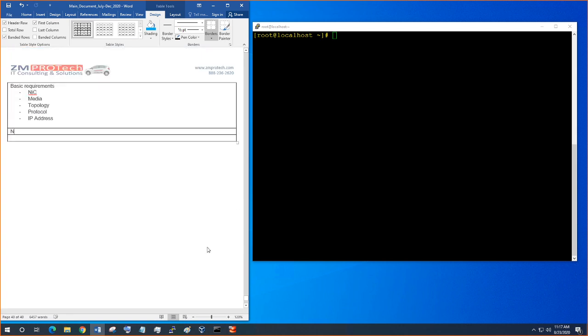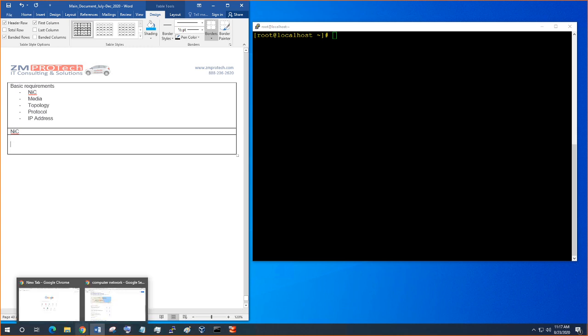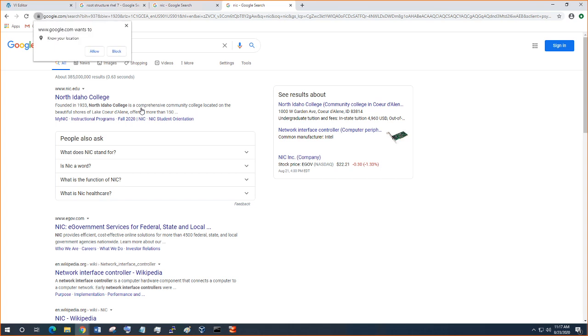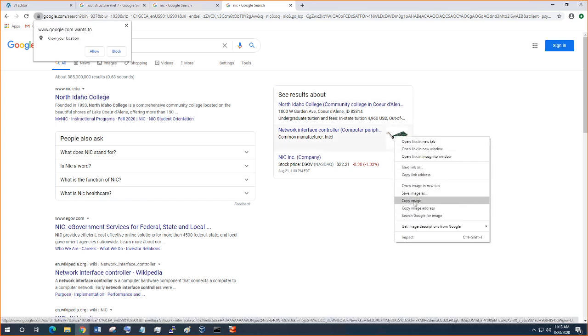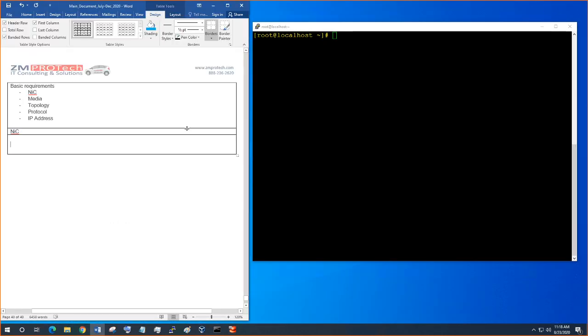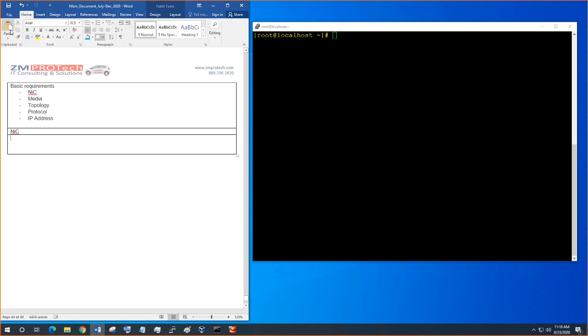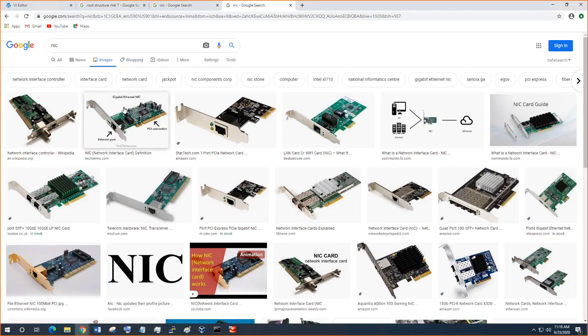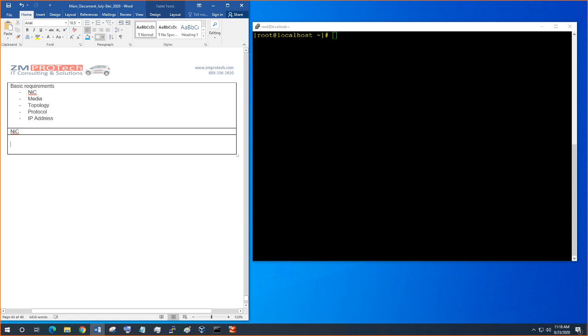So NIC card. The NIC card is nothing but a network interface card. So the basic thing about a NIC card is it has a